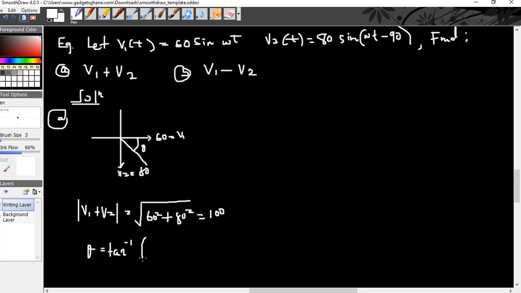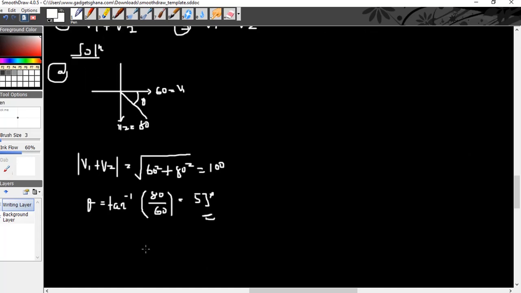So we have 80 on 60. Taking the tan inverse of 80 on 60 will give us what? This will give us 53 degrees. Okay, this is 53 degrees, right? So now this is how you represent your